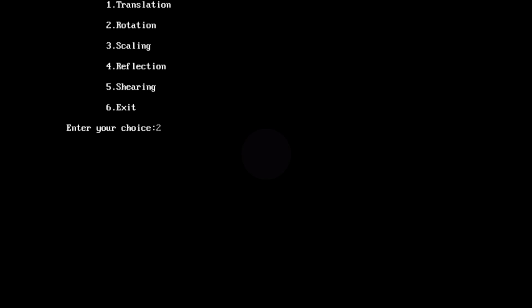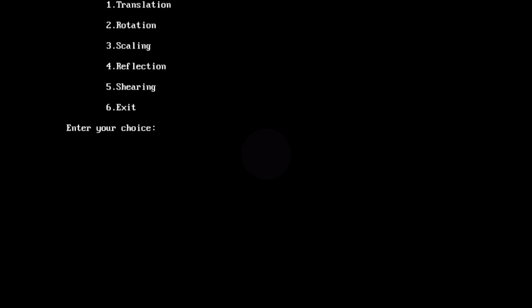So let's try 90. This is before rotation, and after rotation by 90, it's this. So let's try 190. Yeah, it works perfectly.